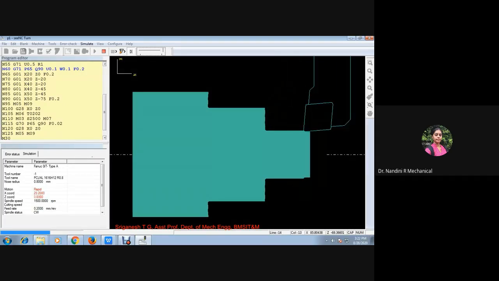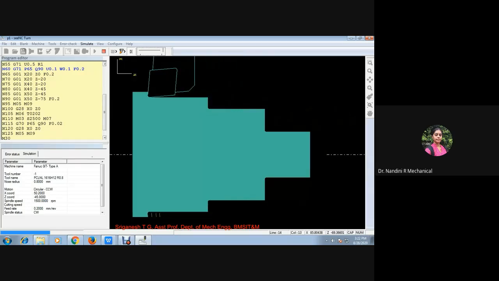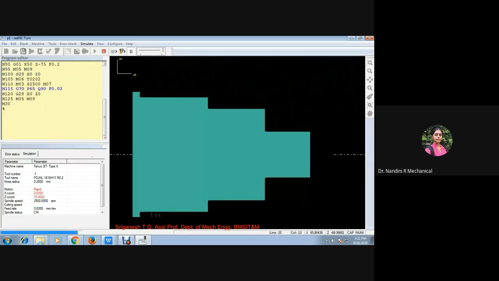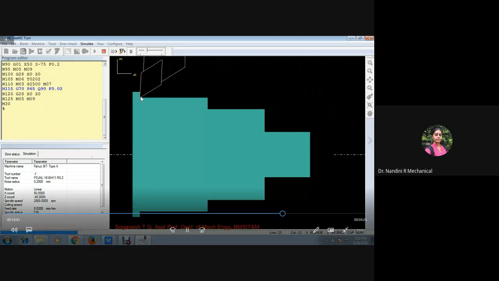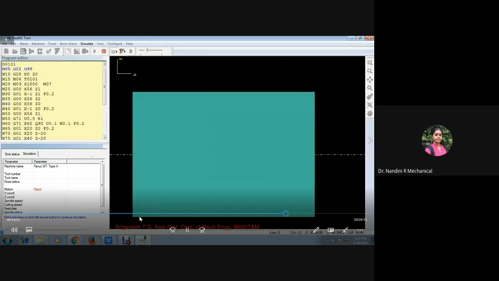I think sir has taken a blank size a little bit bigger. I hope it was around 80 or 85 mm, and hence it shows you a buffer. If you don't give that much dimension, then it will end exactly at your 75 mm. That depends upon the allowance value you give along the x and y direction and how you cut short the length of the given blank part.